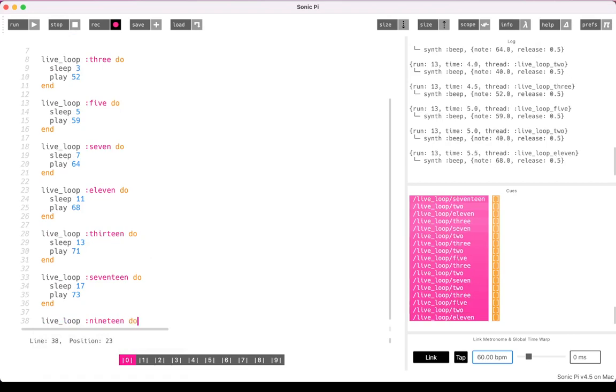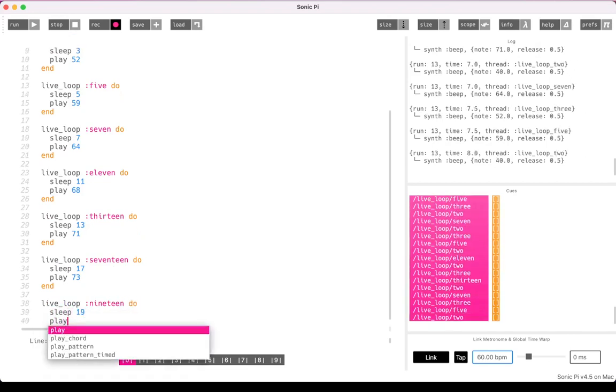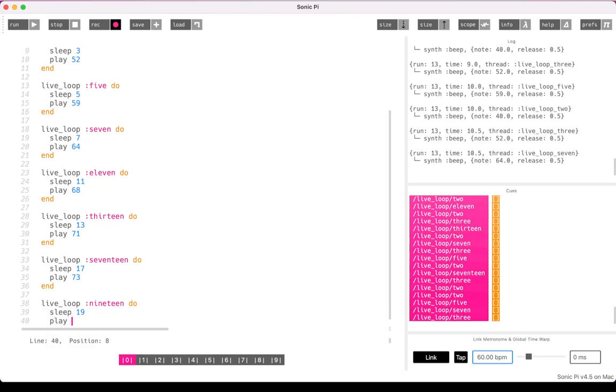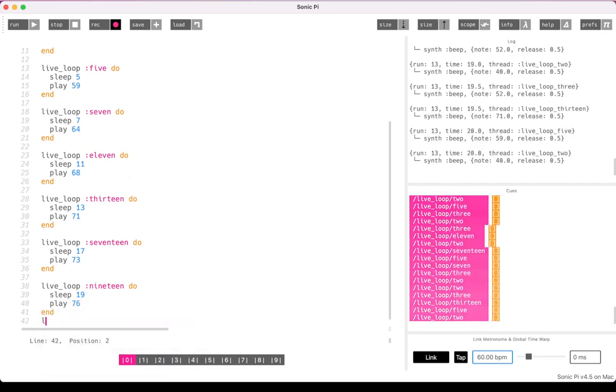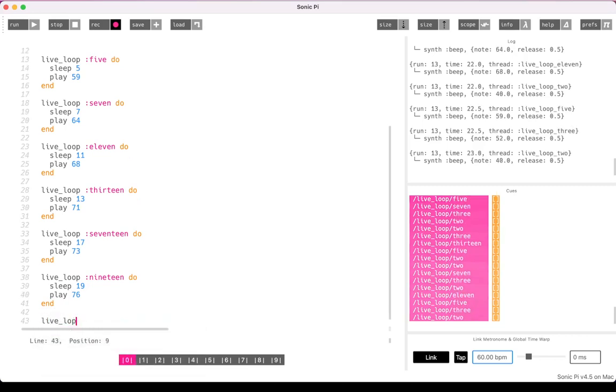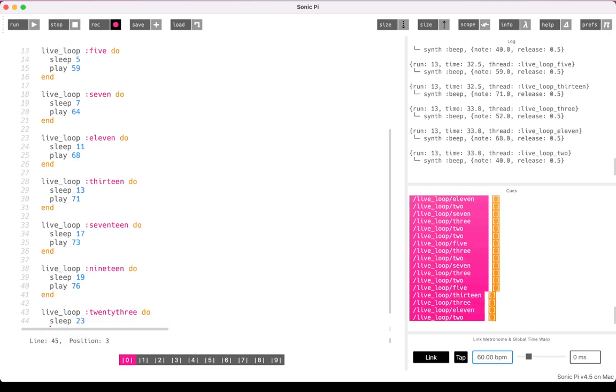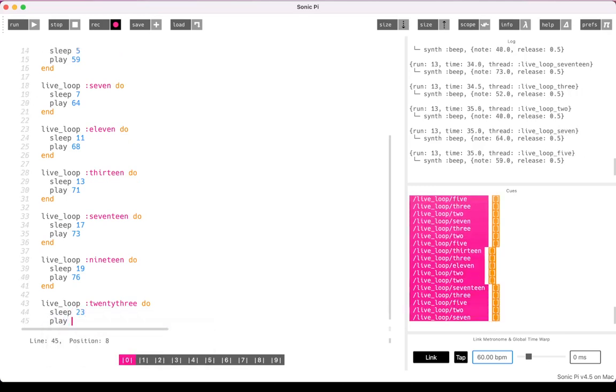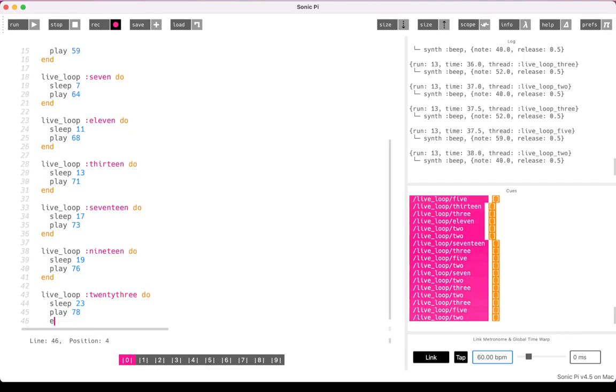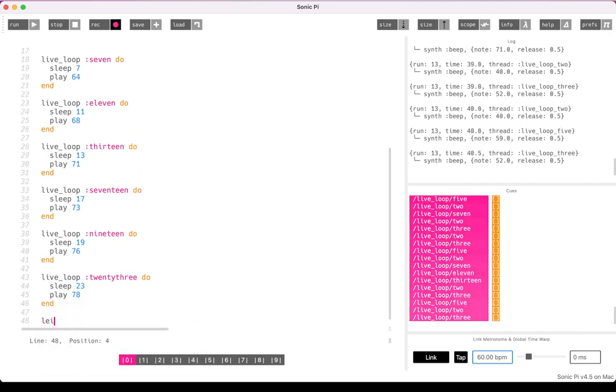19, do sleep 19, play. Well, after that we're playing it by ear. I guess we fall back on an octave, right? Again, so it's like 76. And then there's another one. I'm just going to simplify it by making it a half tone. Live loop 23. Do sleep 23. And play. So this one's going to be 78, 1 whole tone, and then this one